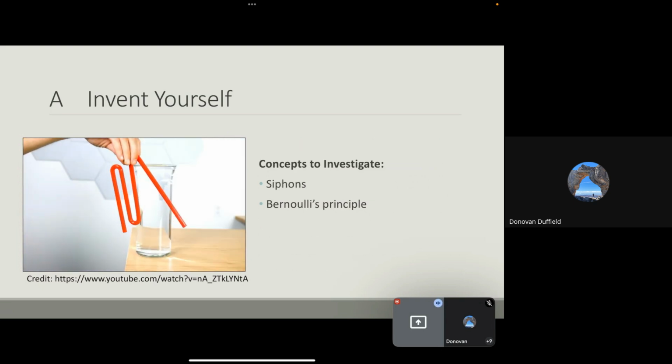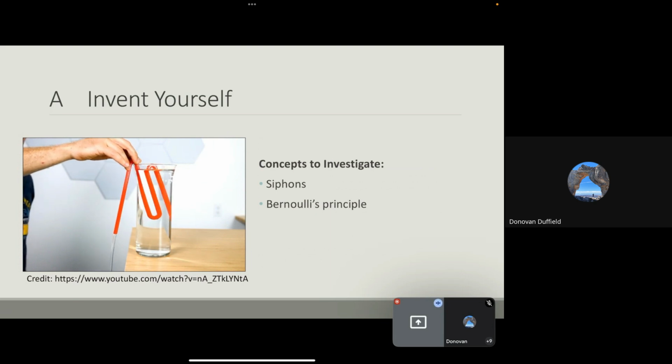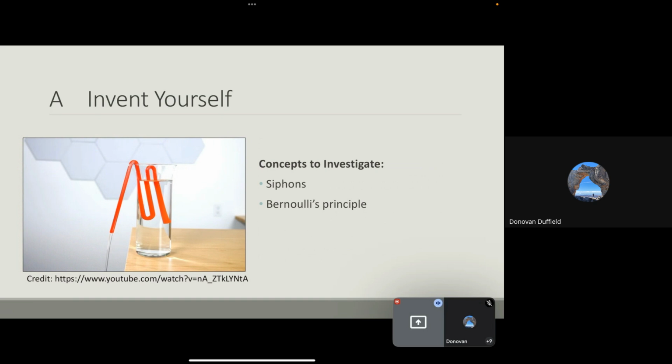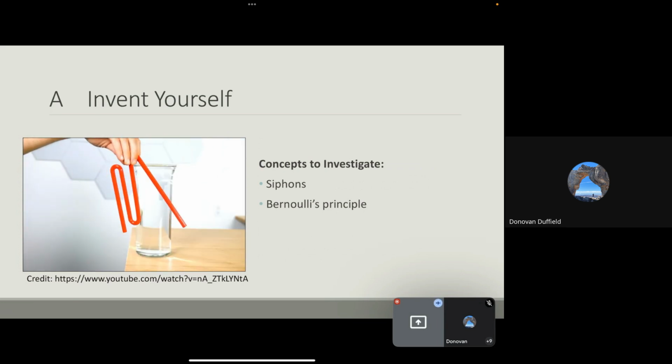Then some concepts you can look at are just siphons in general, but if you want to physically explain what is going on with the phenomenon, you should probably look at what's called Bernoulli's principle, which talks about pressure differences in tube systems like this. So that's the first problem. And now we've looked at how to break down the problem statement. Let's do another example